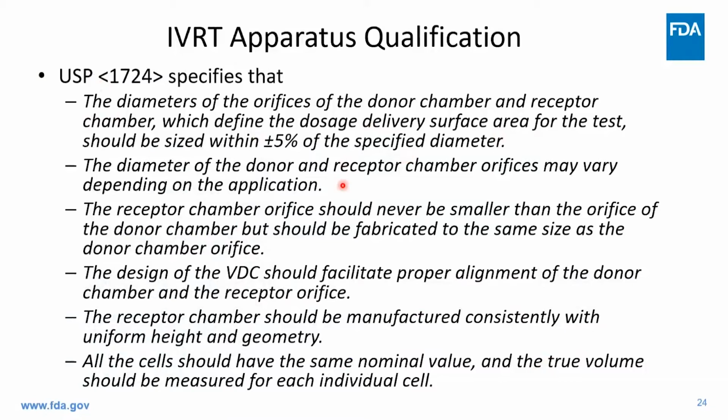And there's some more information here about the diameter of donor and receptor chambers. They can vary, but one should never be smaller than the other, and you should have good alignment between them. You should have consistent manufacturing, uniform height and geometry, and the cells should have the same nominal value for the receptor volume, but the true volume really should be measured for each individual cell,